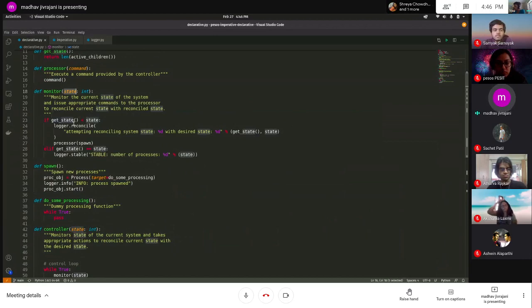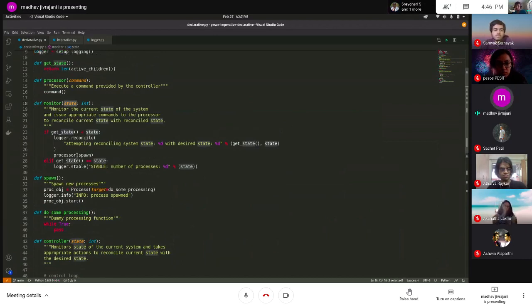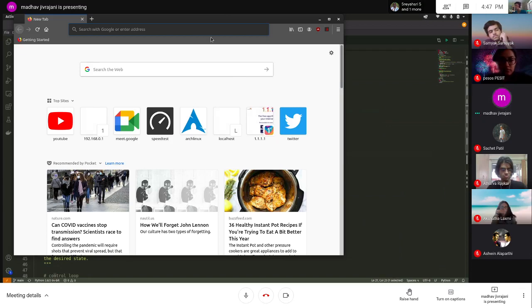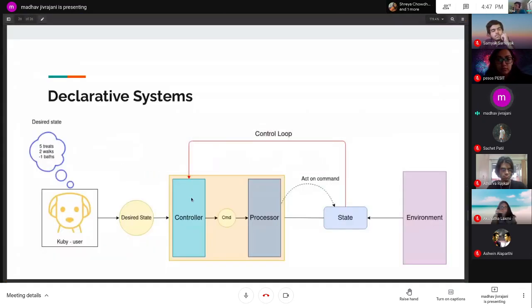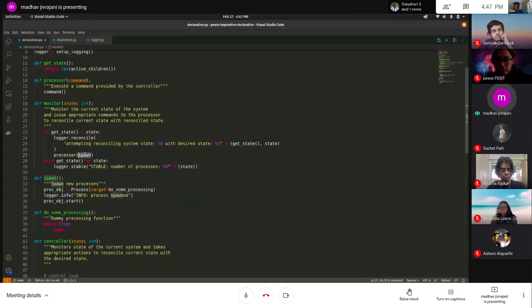Our get state gives us the number of processes currently running. If that is less than what we want, it says it's attempting a reconcile, and it gives the processor a command, which is spawn, as we saw here.